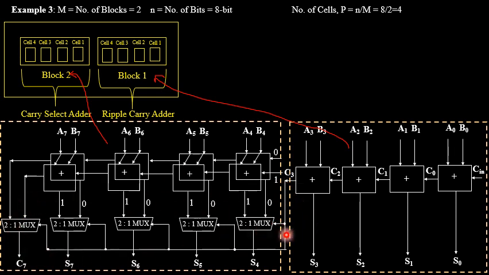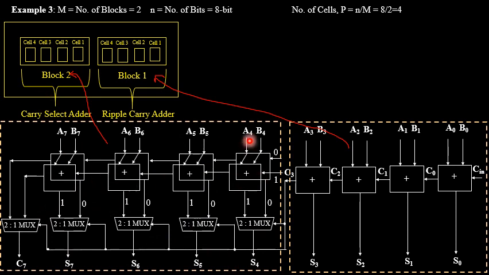So I have used this as a control signal. If you see here, from the same C3 line, I have applied it to all the multiplexers I have used. So it is behaving like a control signal for all the multiplexers which we are using in block 2. Now block 2 is reserved for carry select adder. So from block 2 onwards, that is cell 1, which will be in terms of A4, because here we have stopped till A3, B3. Continuation of that will be in terms of A4 and B4. So for A4, B4, A5, B5, A6, B6 and A7, B7, I will be making use of 2:1 multiplexer.